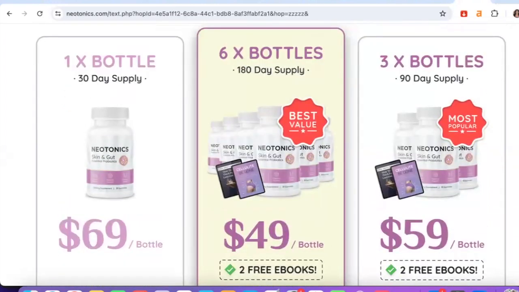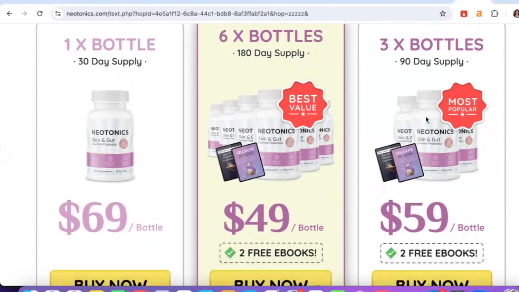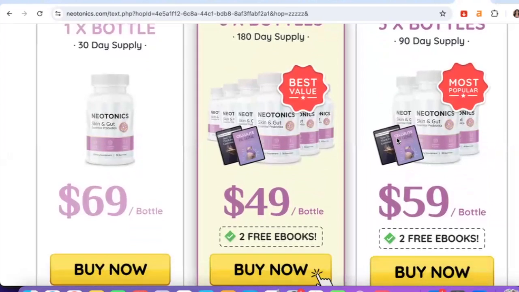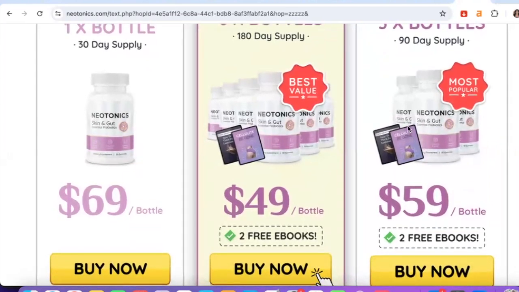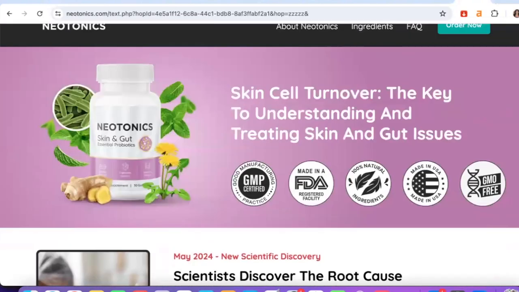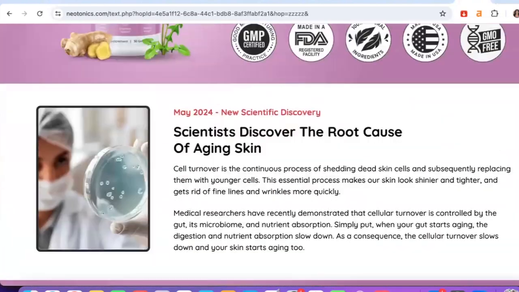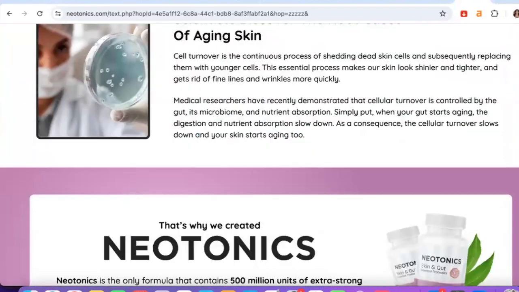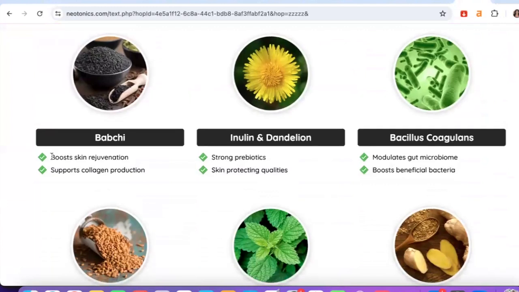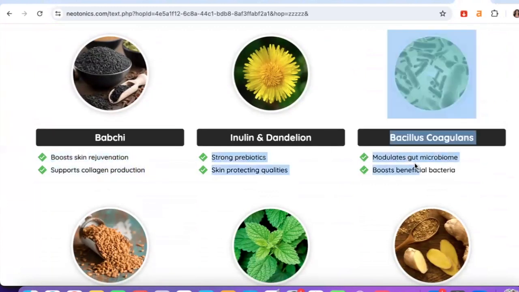So what you want to do, of course, is, let's say you were in the health and wellness niche, or the beauty and skincare niche, you can easily promote this product, guys, right? Recommend this product to your audience and then make some money. So what we want to do, guys, is go ahead and take a look at the product, look through the website, look at some of the benefits that the product offers, because that's essentially how you're going to be able to get people's attention to the product. So we can take a look at some of the benefits. We can see right here, boost skin rejuvenation. These are things that you can use, guys, to start creating content around this product.